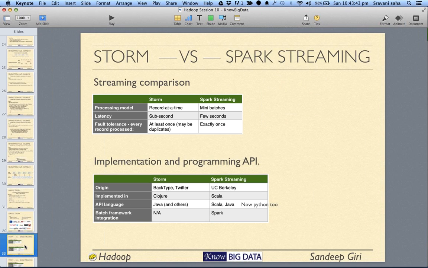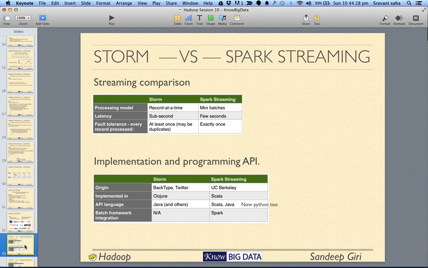If you compare Storm versus Spark, the processing model, in very simple words, when it comes to streaming, Spark streaming is okay, but Storm is really fast. It has been proven over a period of time. But if you already have an infrastructure, if you have already installed and provisioned Spark, and it's okay for you to have a latency of a few seconds, then Spark is great.